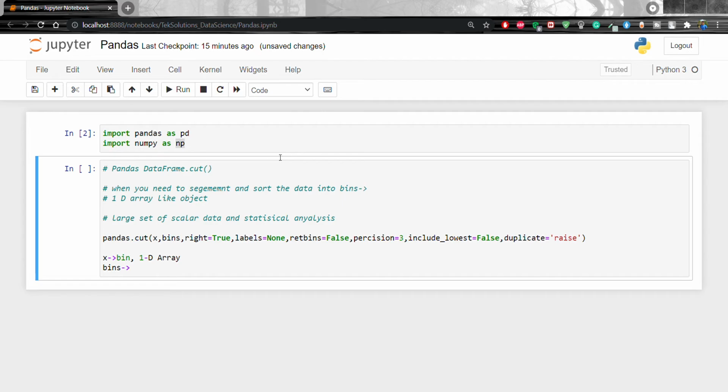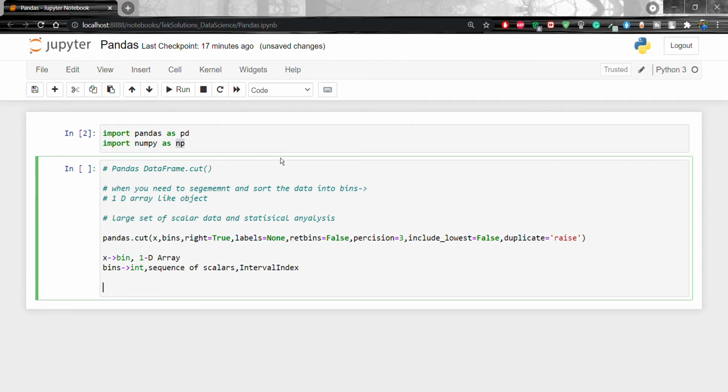Bins refers to an integer, a sequence of scalars, or an interval index that defines the bin edges for the segmentation. We'll go one by one.